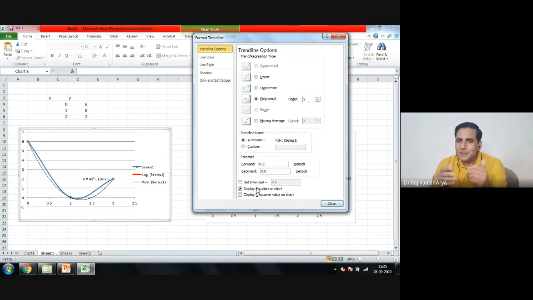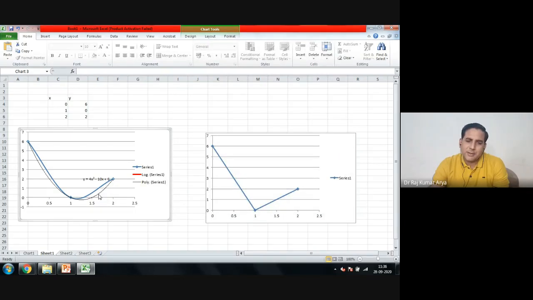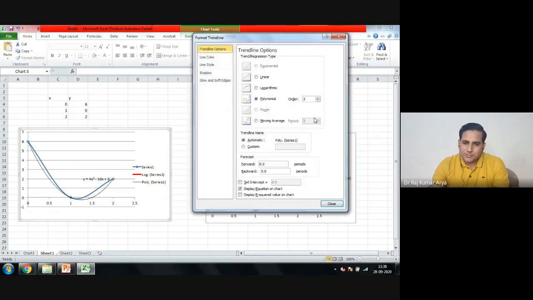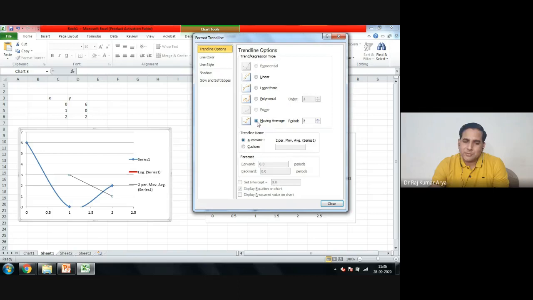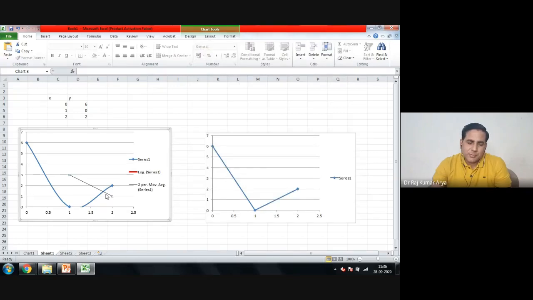Fine. You can make the order just equal to the number of data points only in the maximum worst case. So if you want to do third order and it is not getting fit, even that order also does not fit. Then you have another type of trend here, this moving line type of thing. So sometimes it fits, sometimes it doesn't fit. So this also you cannot handle here, right? So I just want to show from here that you can have any line of fitting and all of them may not be good.